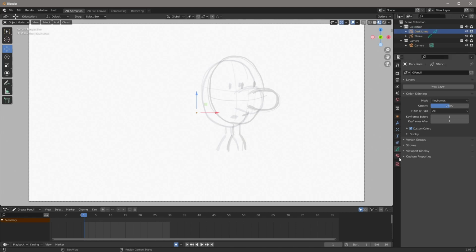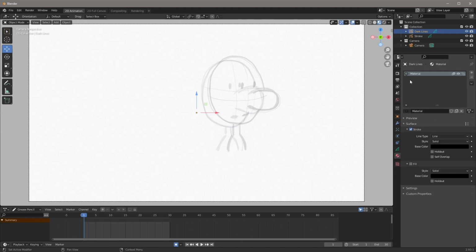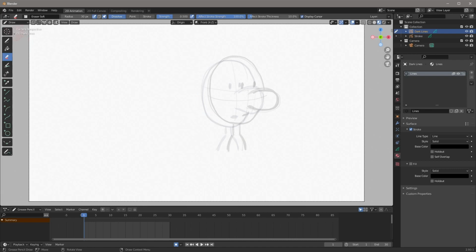Then we want to go to the material properties here, and we want to add a material for our line. So let's click on the add material slot, click on new, and we can also rename this lines. Make sure that stroke is selected. The base color is set to black. And then we want to go back to the draw mode, select our pen tool, and then up here we